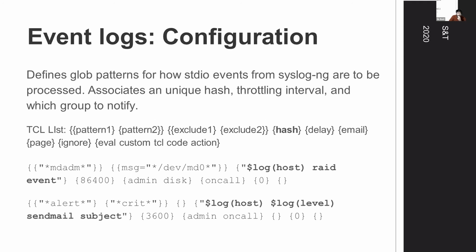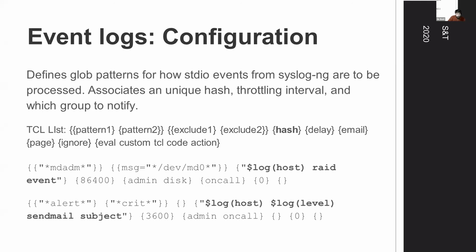The one that I usually use by default is just getting a generic system alert or critical status, and where the hash comes into play is the third parameter here. That allows you to bind or map a pattern to what you actually want to throttle against. So this is what actually gets injected into another SQL table to do the lookup to compare if it was sent recently or not, and then who actually gets that message based off of the group